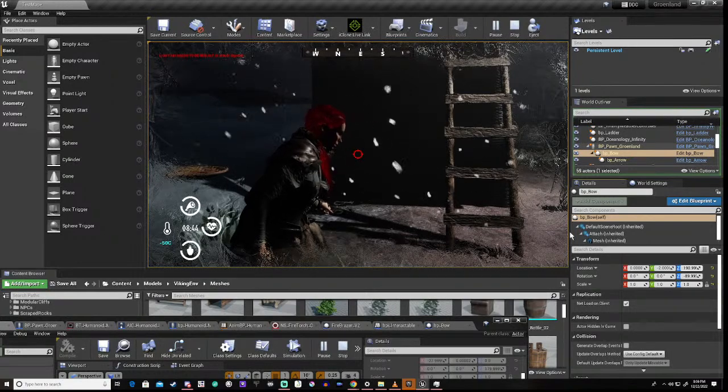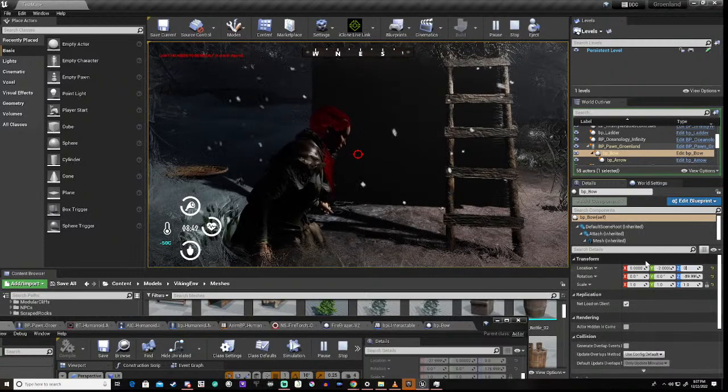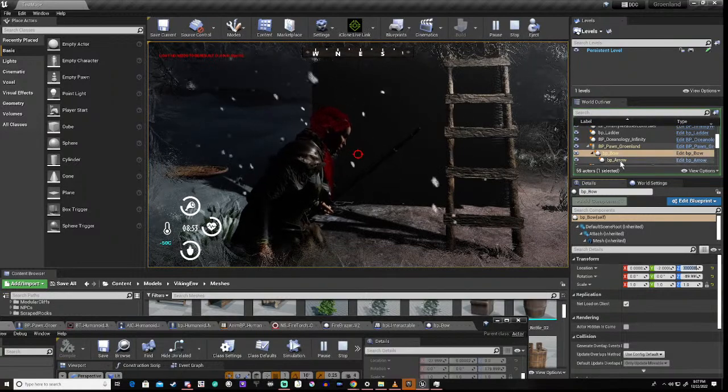Oops. That's the bowl. If we click on the arrow,